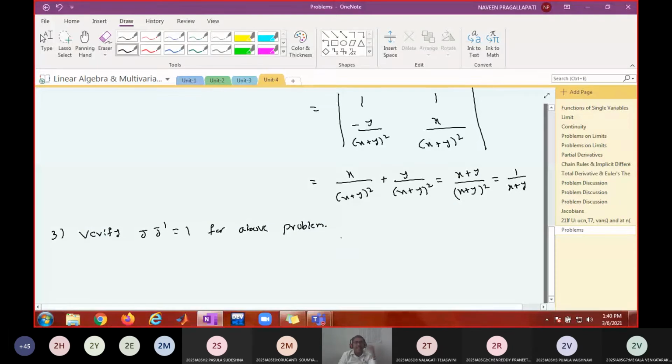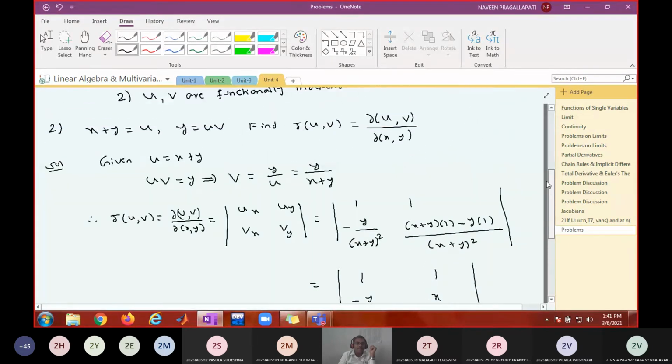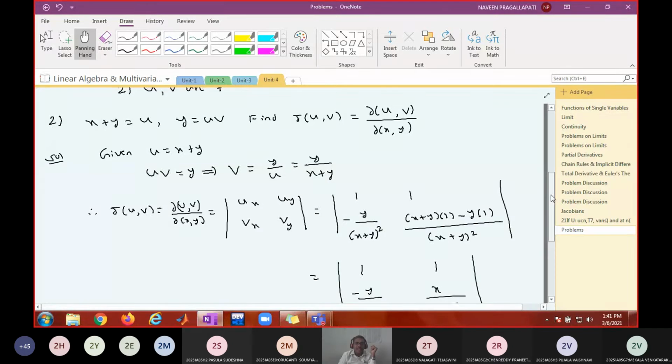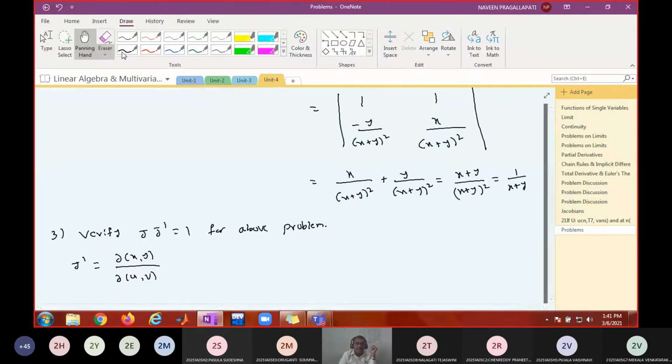That means what? You find out J dash and multiply both J and J dash. You should get 1. What is J dash? J dash is dou of x comma y by dou of u comma v. That means you want x and y in terms of u and v. Can you write x and y in terms of u and v? Y is in terms of u and v, and x is nothing but you can write, right? So we have y equal to uv and x equal to